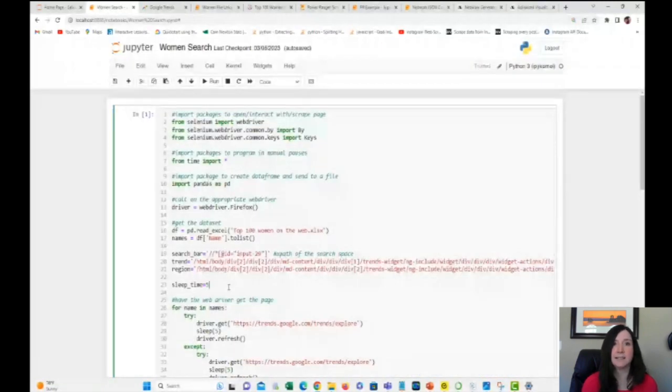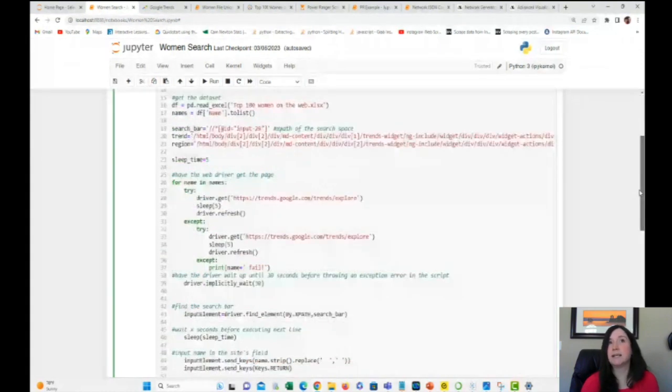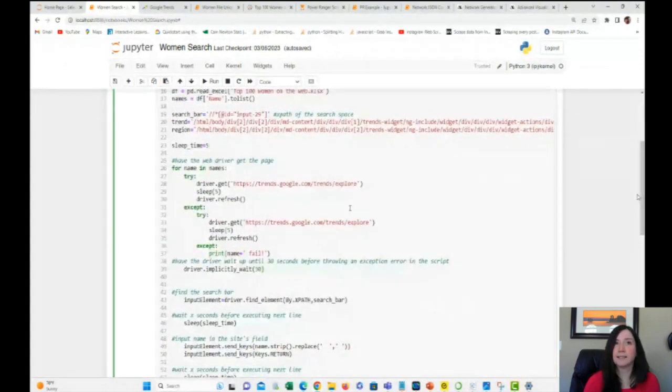Here I've designated a sleep time of 5 seconds. Sleep is very important both in life and in your scraping program. You want the program to act like a focused user and not something attacking the website. So scrolling down here, I am looping through the names that I pulled in this list, and I go to